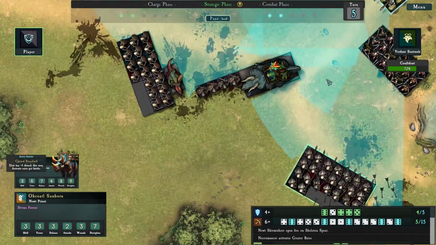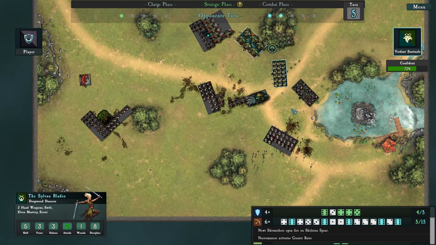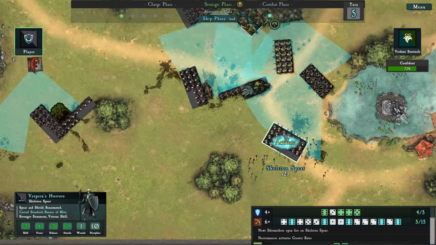Forward they come. Well, I'm not gonna. Something is eventually gonna have to flank this. There's no way I'm gonna take that head on. It's too effective at DPSing my...